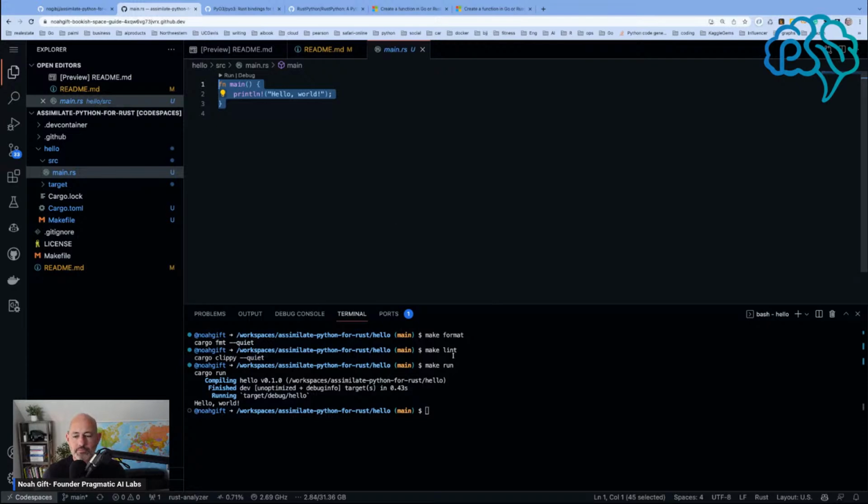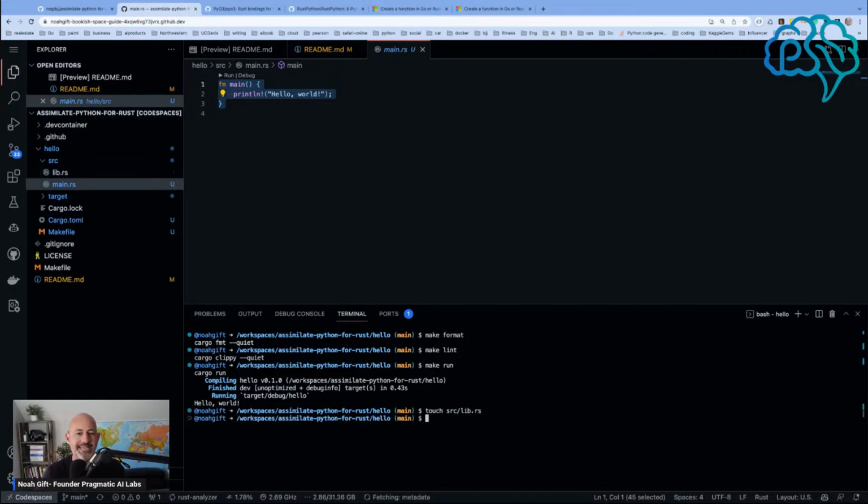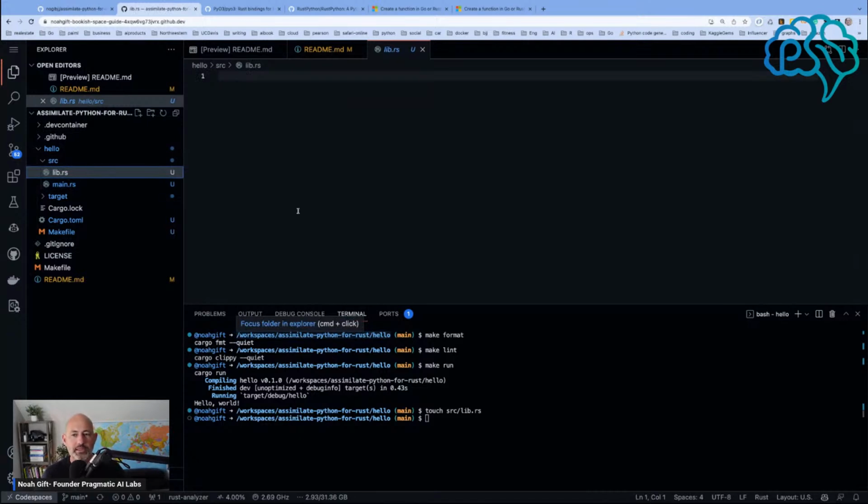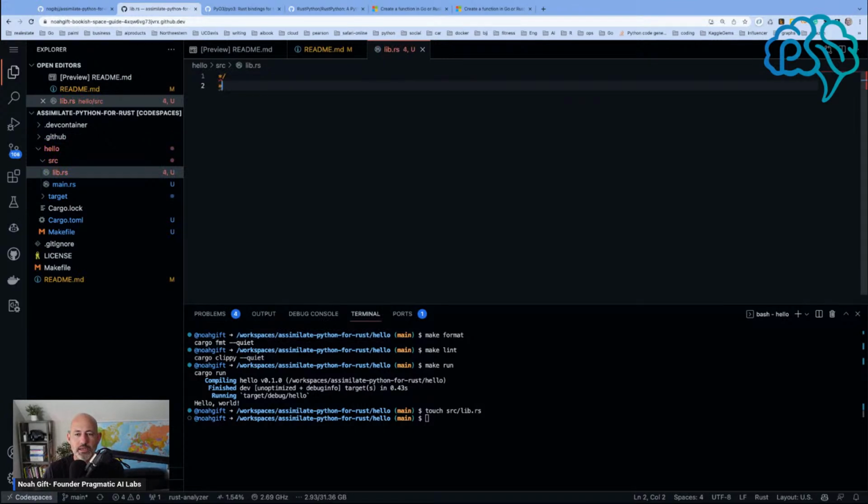So what I'm going to do is I'm going to make one more file here. So I'm going to create a source lib.rs right here. And in this lib, I want to build out something that will be kind of a fun tool to play around with. Now, one of the ways that you can get up to speed very quickly with Rust is to leverage GitHub Copilot. So in order to do that, we'll go ahead and we'll do a comment here